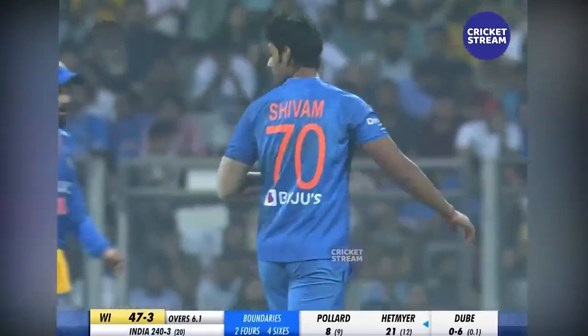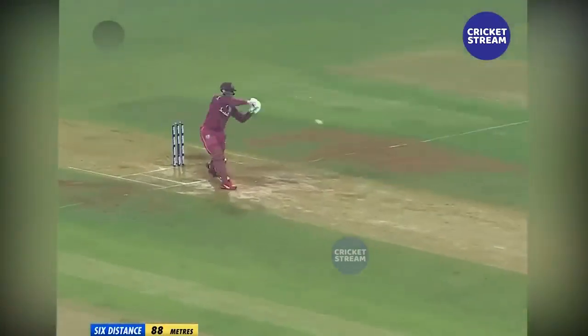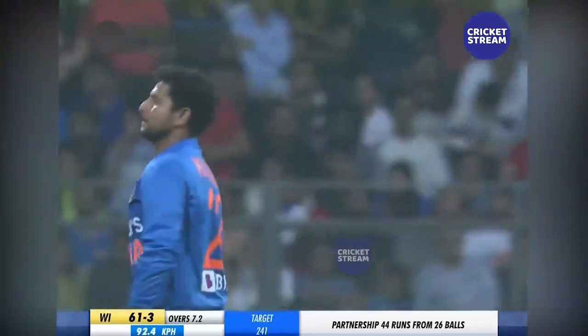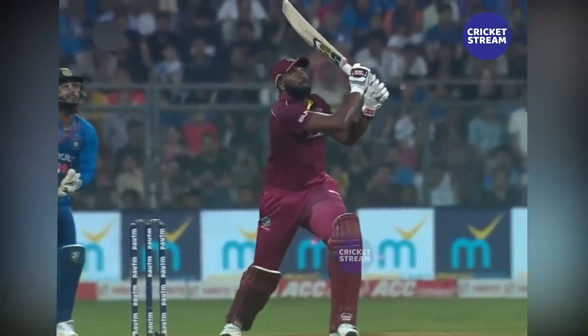That's the reason why India went hell for leather when they were batting first. Yeah, this is what comes naturally to them. Caribbean instincts that made them a legendary side in the 70s, 80s. That's gone into the stand. Now this is what Pollard does. Quick, and it was straight and it was flat. So there was nothing Kuldeep Yadav about that ball. And that's just fodder for somebody like Pollard. He's got to remain Kuldeep Yadav, get that ball to turn, be a little slow. Deception is the only way he can get the...